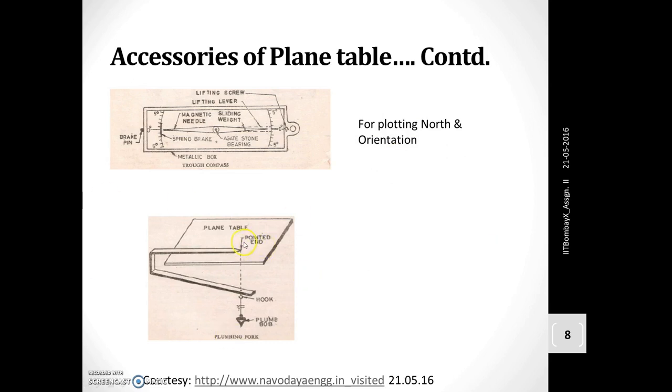This assembly shows how the U-fork can be used to transfer a point from the surface of the paper to the ground or otherwise from the ground surface to the paper. So this U-fork helps us for centering as well as to transfer the point from ground to paper and vice versa.